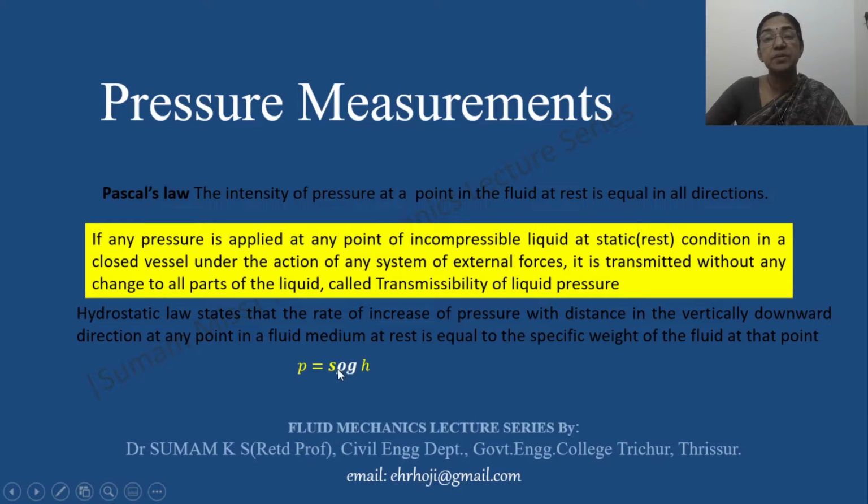So rho g indicates the specific weight of water, and S into rho g indicates the specific weight of the corresponding liquid. So P equals S rho g H, or in other words, we can write H, the pressure head, equals P divided by S rho g. So H indicates the pressure head in terms of a liquid column with a specific gravity of S. This relationship between pressure and head is utilized for the measurement of pressure in a manometer or liquid